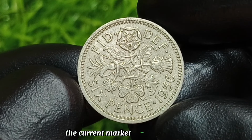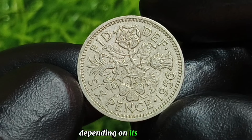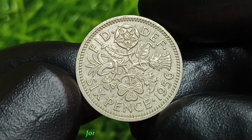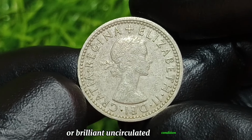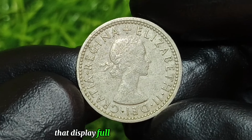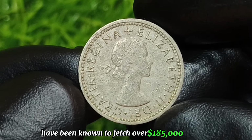The current market value in dollars, this is where things get exciting. Depending on its condition, a 1956 sixpence can range from a few dollars for circulated examples to $170,000 for coins in extremely fine or brilliant uncirculated condition. However, exceptional mint-state examples that display full luster and flawless detail have been known to fetch over $185,000 or more